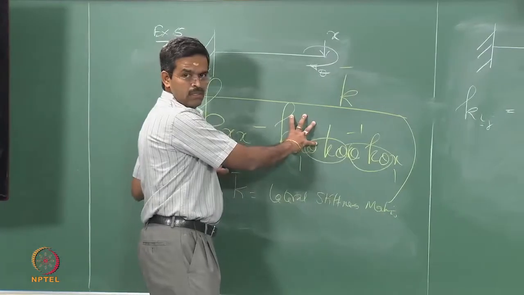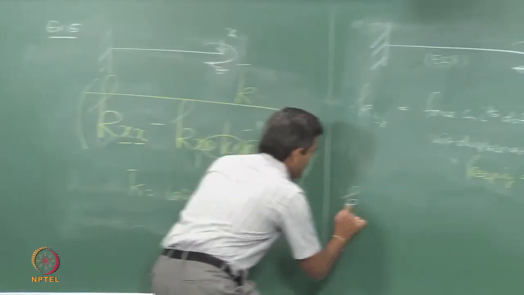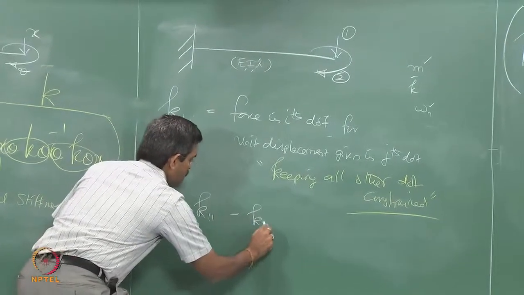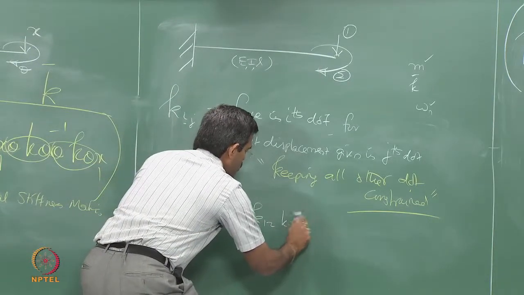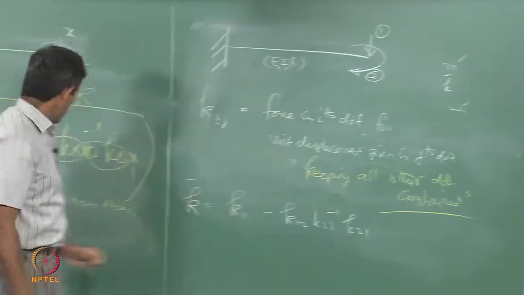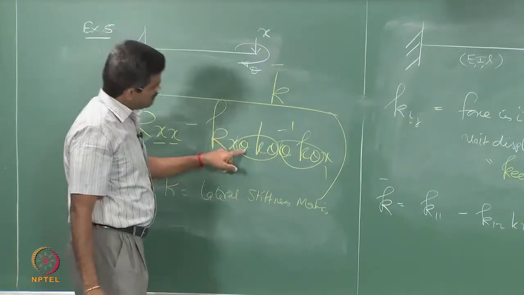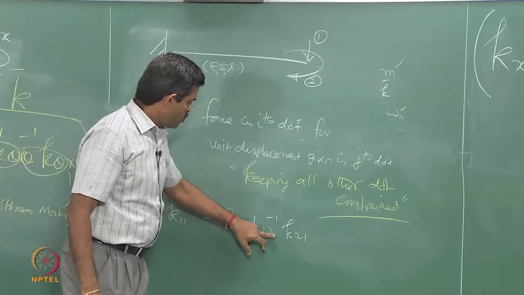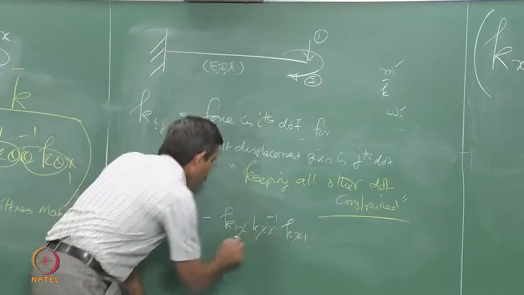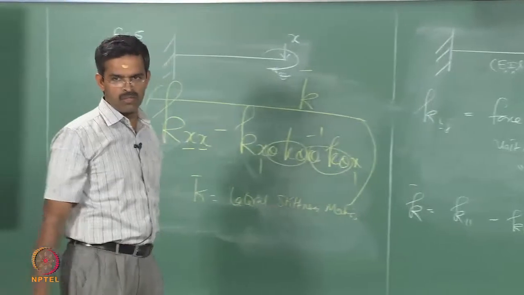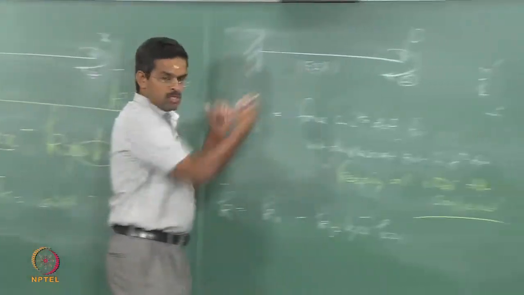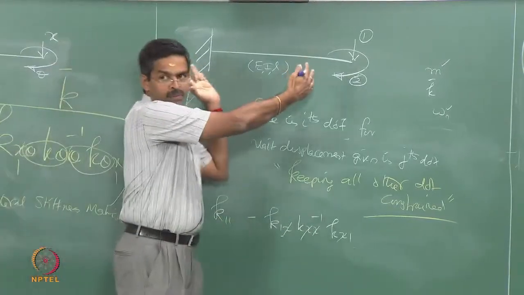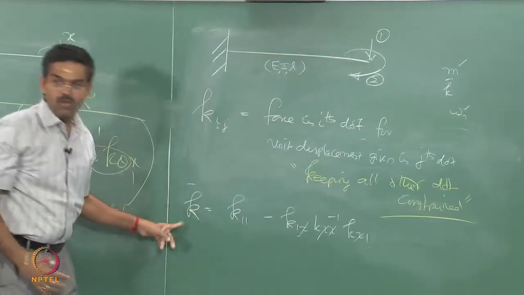Let us apply this equation for this problem. My k bar should be k11 minus k12 k22 inverse k21. Am I right? See, k x x, k x theta, theta theta inverse, theta x. So, k11, k12, k22 inverse, k21. So, 22, 22, 1. It is easy to write and remember also. So, now for this problem I must know k11, k12, k21 and k22. Rather, I must know the individual stiffness matrix of the whole system. Then I can convert this into a single value k bar.